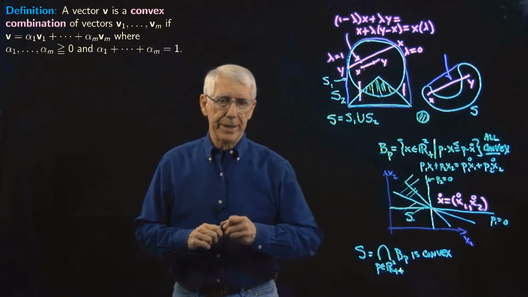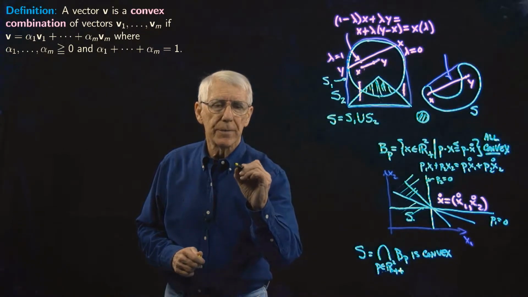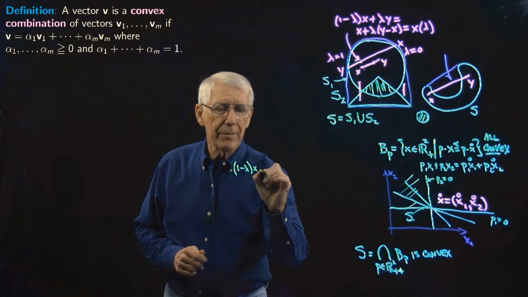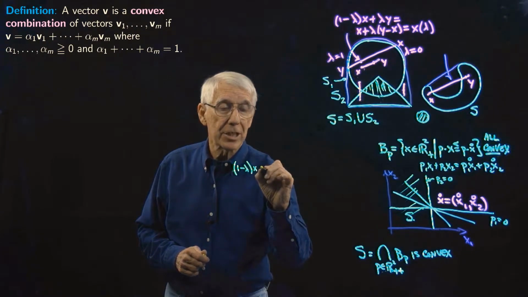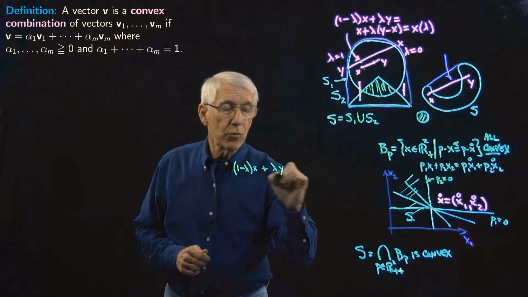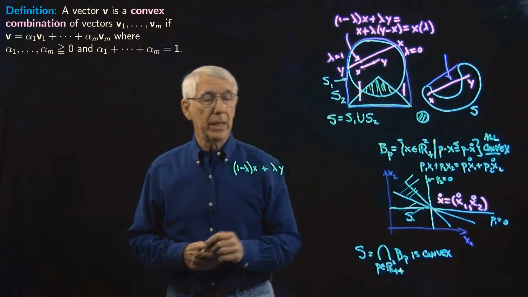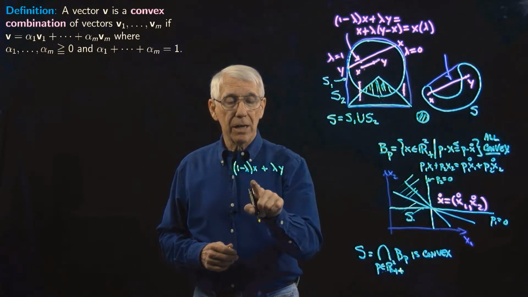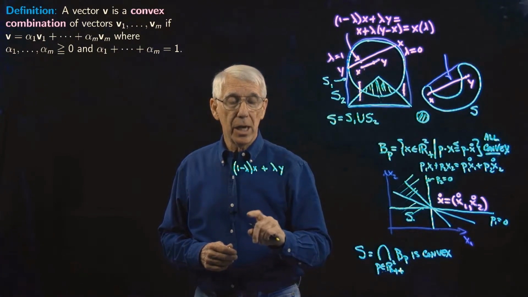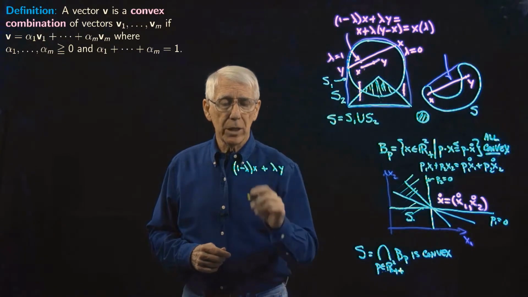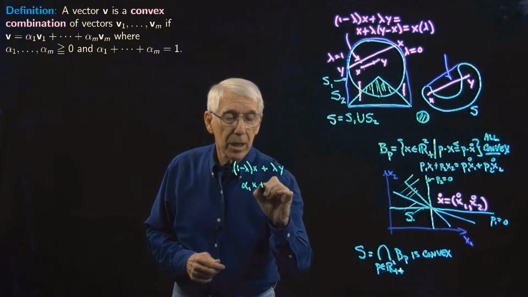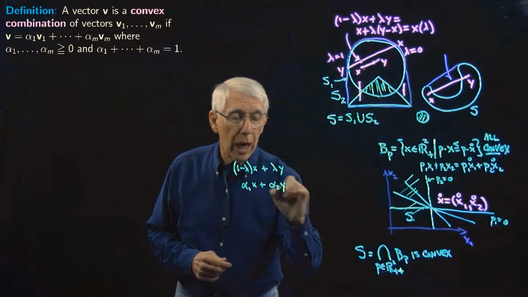that in the definition of a set being convex, we said it's got to be the case that 1 minus lambda times x plus lambda times y has to be in the set. And we said that's a convex combination of x and y. There's a coefficient here and a coefficient here. Notice that I could just as well have written this as follows. I could have written alpha 1 times x plus alpha 2 times y,